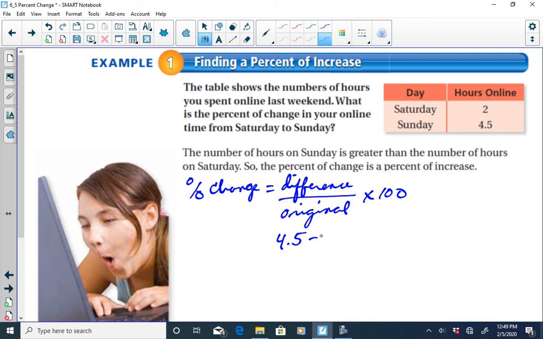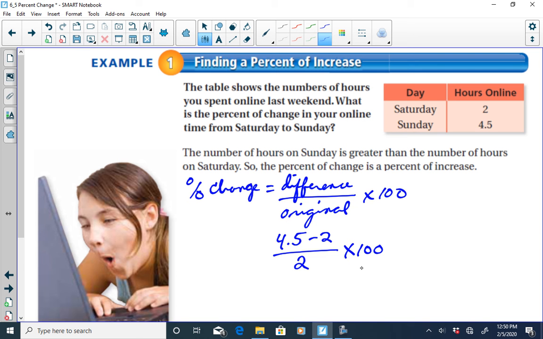The larger number goes first, and we subtract the smaller number. The original amount, the denominator, would be the Saturday time that we spent online, and then we multiply that ratio by 100. So we take 4.5 and subtract 2, and we wind up with 2.5. 2.5 divided by 2 times 100,